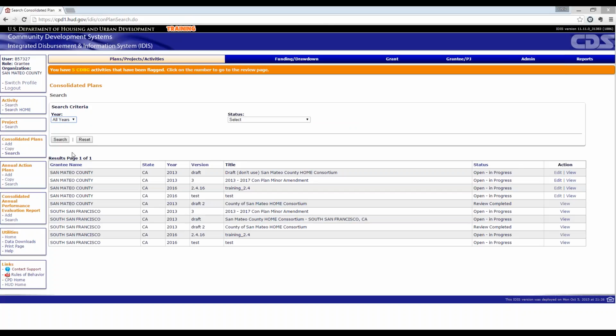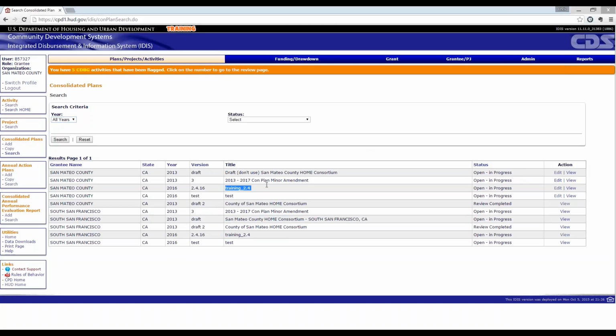You'll see that I've used San Mateo County and South San Francisco for a few different trainings and a few different tests, so there's a few different plans here. But what you will see, coming in here as the lead grantee, is that you are able to edit and open your plans.